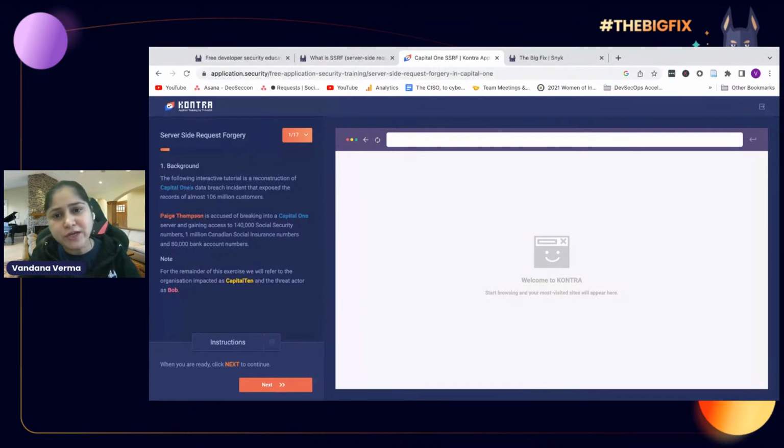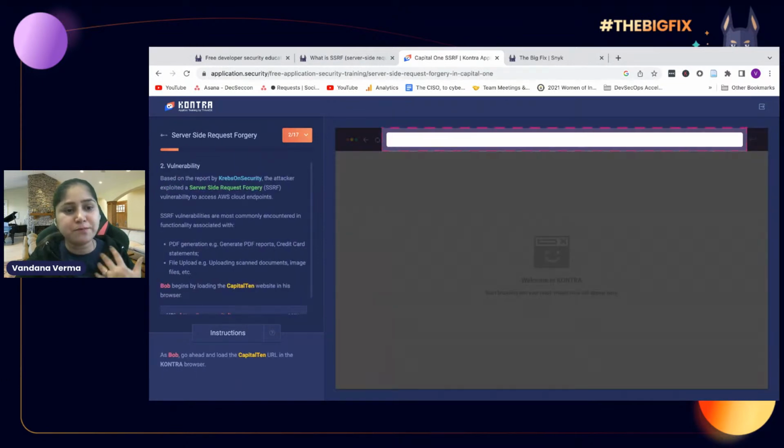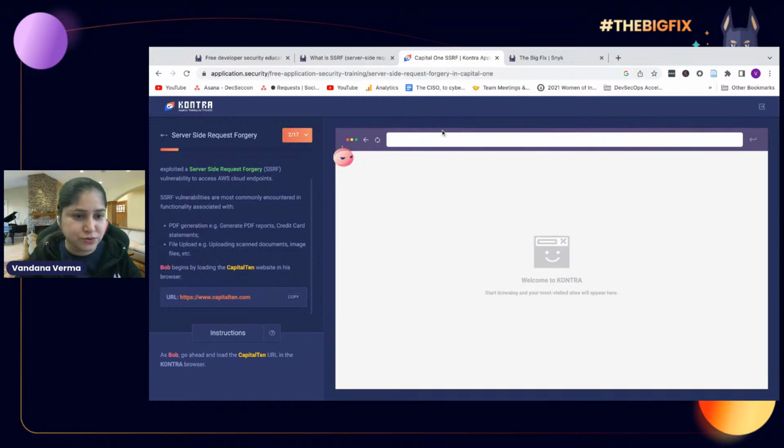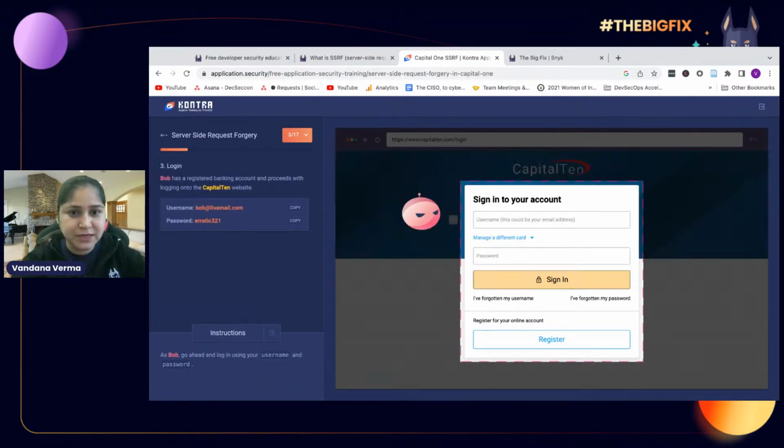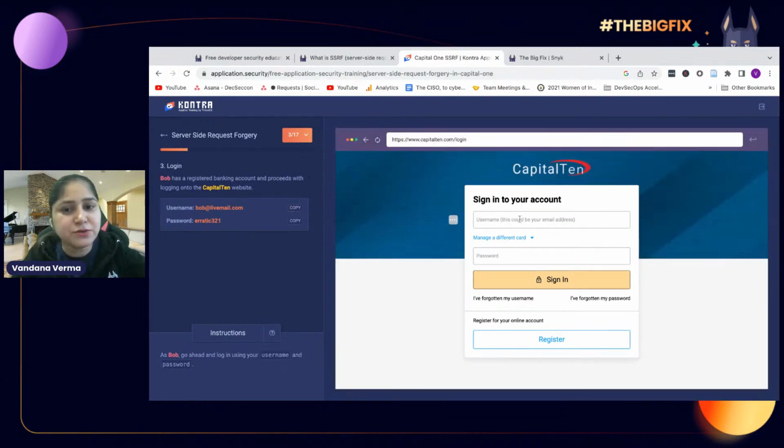Here, we will not be talking about Capital One, we will say Capital 10, and I would be portraying Bob, who tried to access the information, who tried to play around with it. Now, there is a URL that I need to use. So here is my Capital 10 URL, which I'm trying to access. Now, there is something in the background which gives me the username and password.